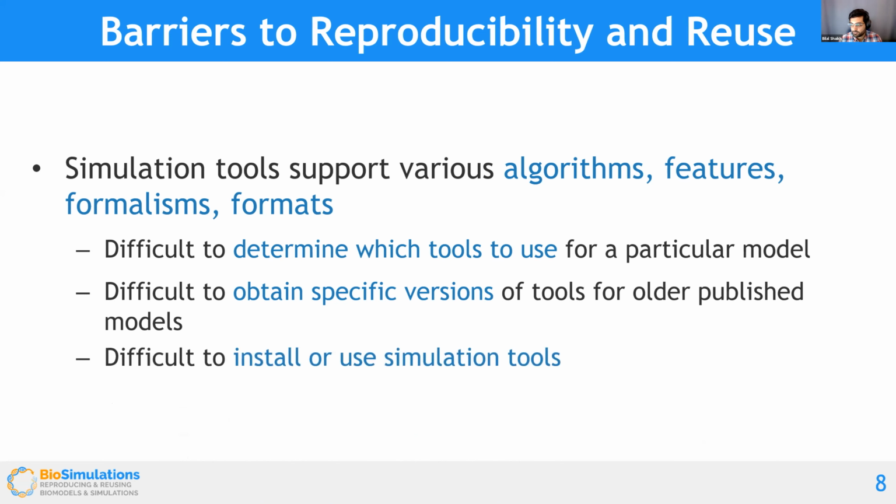And finally, it can be difficult to install or use simulation tools. So we've been using Jupyter Notebook so far in the class, which has made it much easier. And Tellurium is actually quite easy to install because you can do pip install Tellurium. But for some of the other simulators, you need to have quite a few backend C libraries installed on your computer, different sorts of optimization libraries. And these all have to be linked together dynamically.